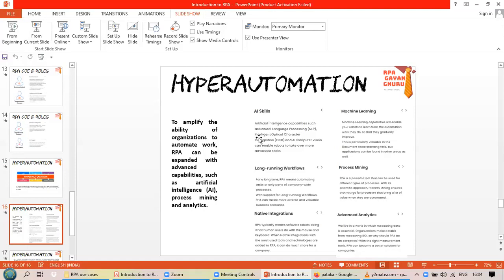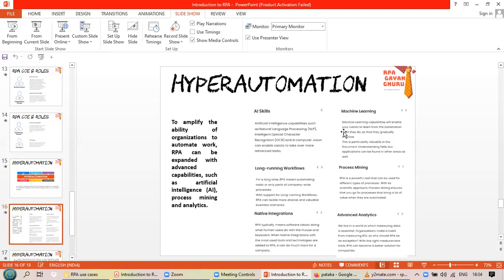They are actually approaching a point where they may pass the Turing test. That is, you will not be able to tell whether you are interacting with a human being or a machine. That much sophisticated these tools have become. Second is machine learning. Remember how I told you that a process needs to be maintained because there are some small changes that happen. But with